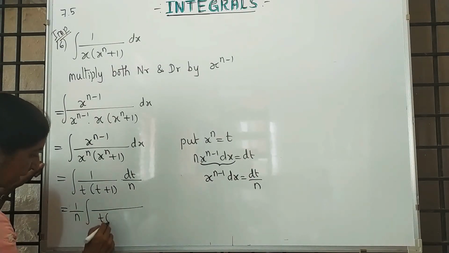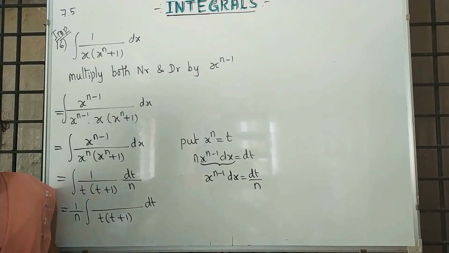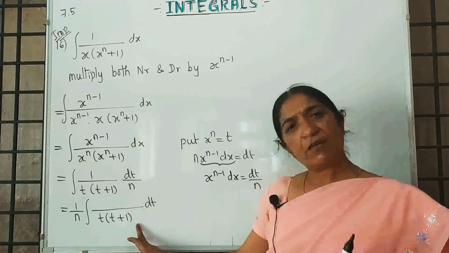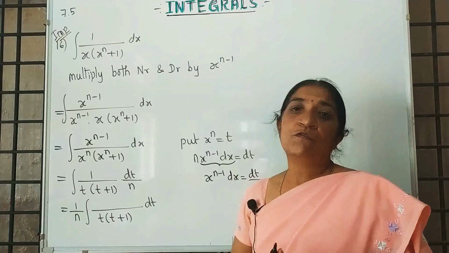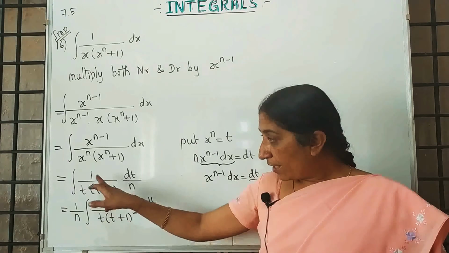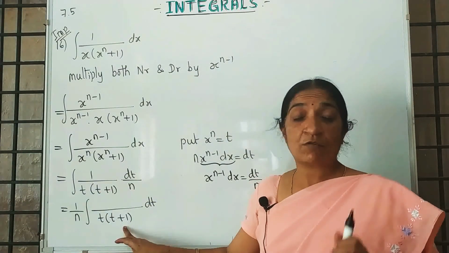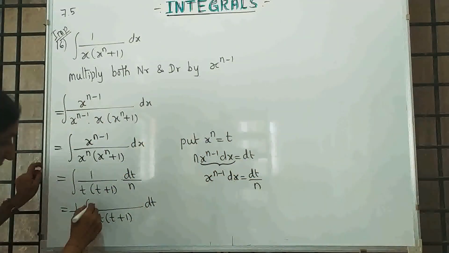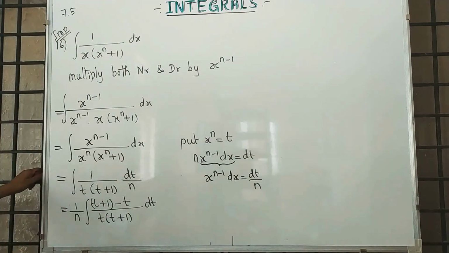See, first I am writing the denominator, and actually we have to go for partial fraction. But I will explain one more interesting concept. See, in the denominator when you observe t into t plus 1, they are very simple. Use the same terms in the numerator, either go for addition or subtraction. I want 1, add or subtract. T must cancel and 1 should remain. How are you writing it? So I am writing t plus 1 minus t. The same bracket I used in the numerator. Plus t minus t cancels, 1 is remaining.